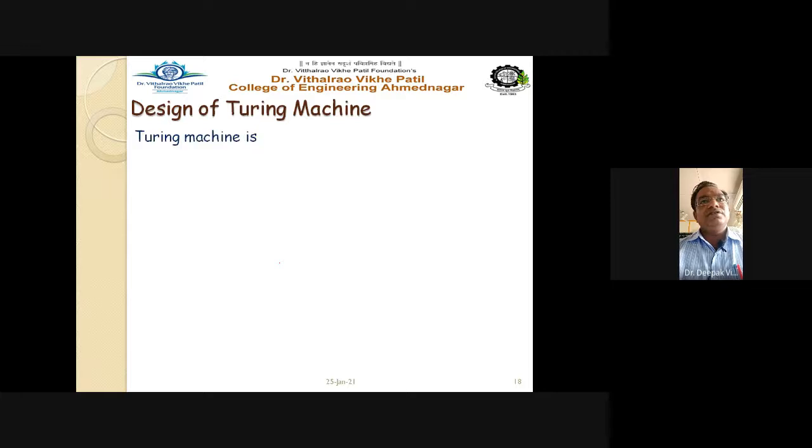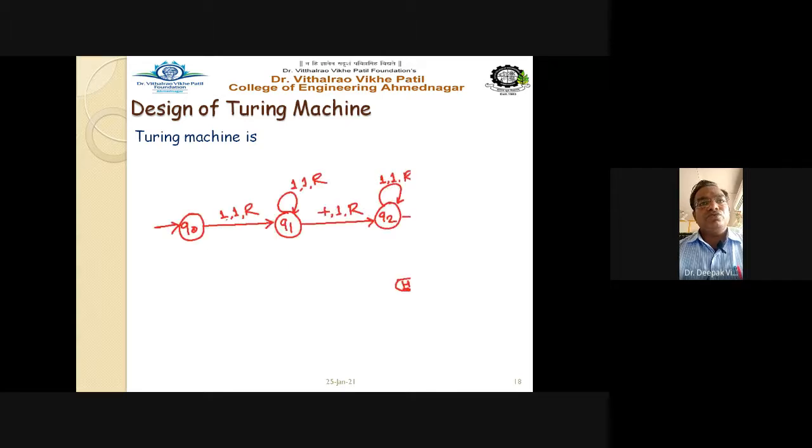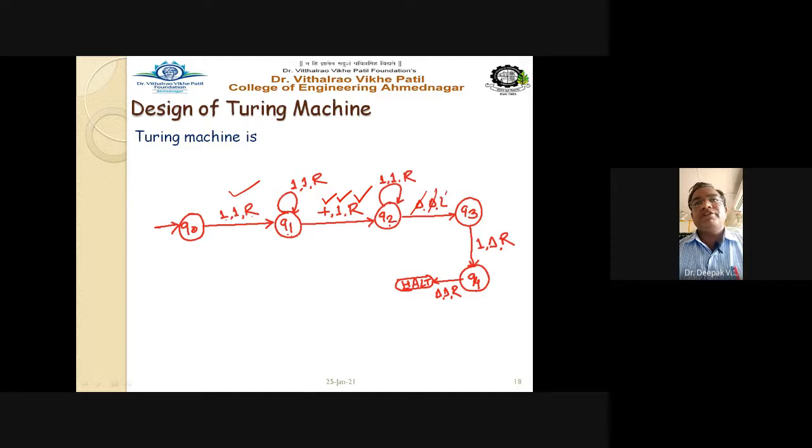And so the Turing machine actually drawn for this is like this. Q0, on input 1, goes to Q1. Q1, on input plus, output we have to mark as a 1, and it will move in the right hand side direction. Q2, input is capital delta, output is capital delta, move in the left hand side direction. But for 1 as input, 1 as output, move in the right hand side direction. Self loop on the Q1 state.